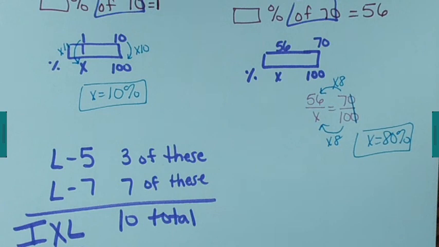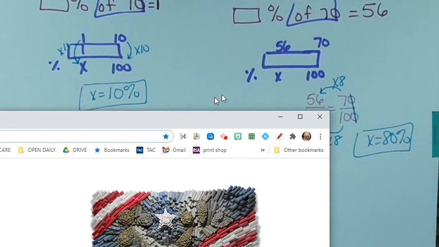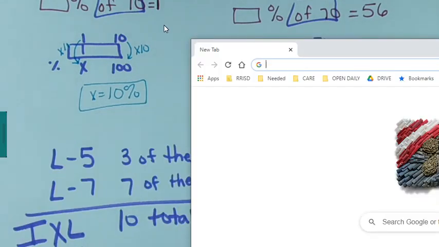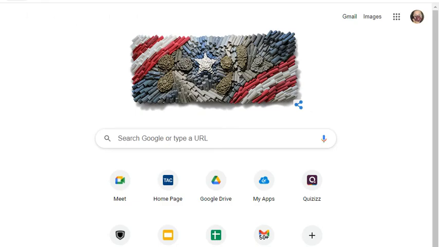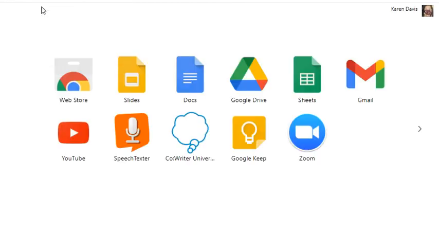Don't go to Schoology, okay? Go to ClassLink like you're going to log in. Just go to ClassLink. Okay, now yours is going to look a little bit different than mine because we have different